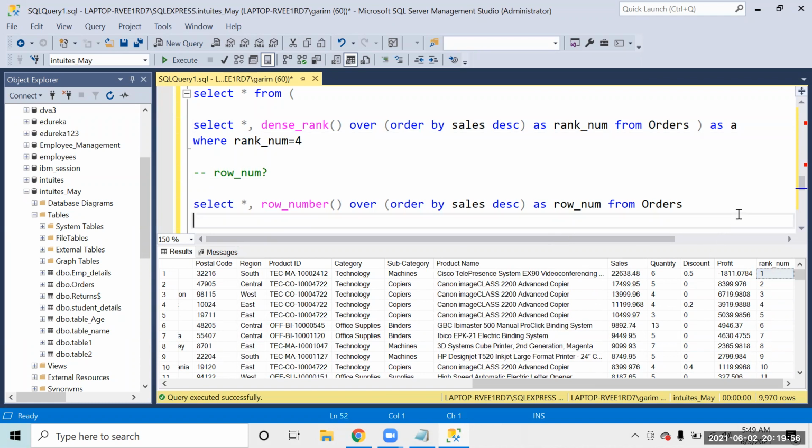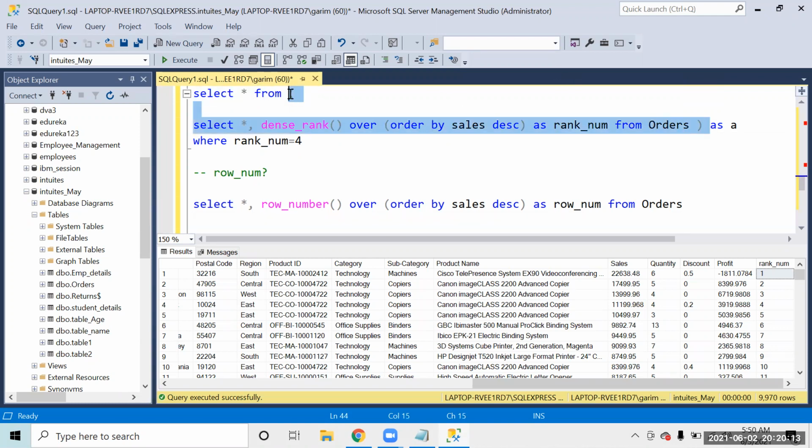Others, are we all sorted on this? What we need to compulsorily write in that query: when we are using this inner query as a table, we have to give it a name, because now this is like a table that we have created, which is being used as an input for the outer query, which is a select star from. If it is acting like a table, then you have to give it a name as A. You can give any name, A, B, C, whatever you want.